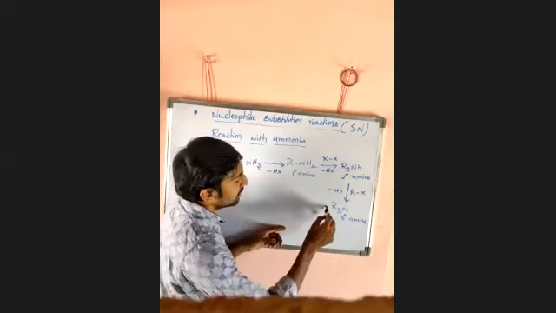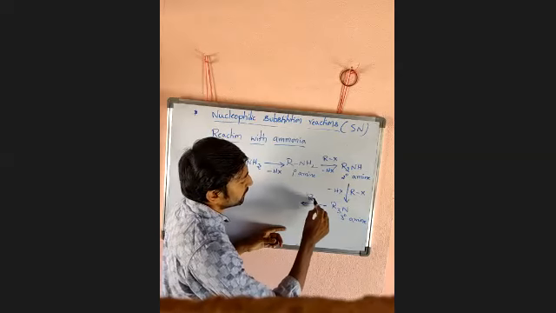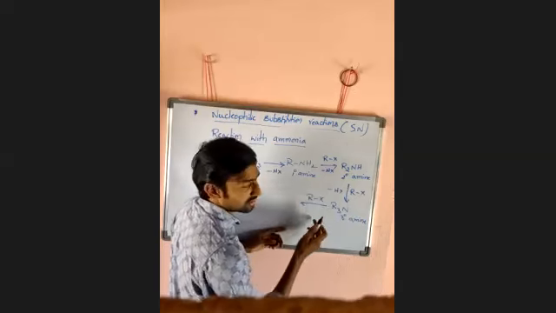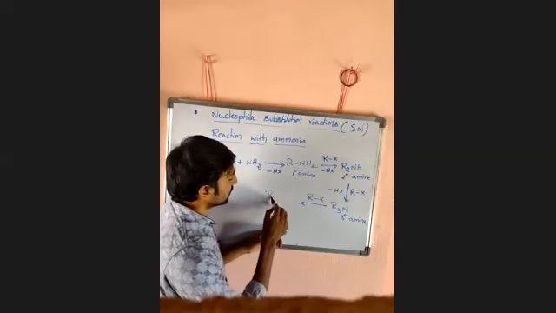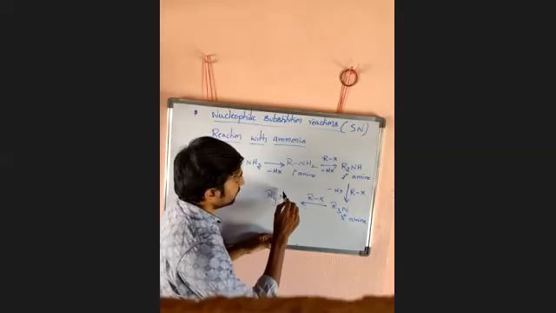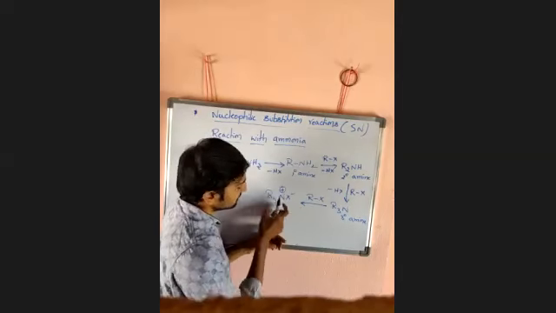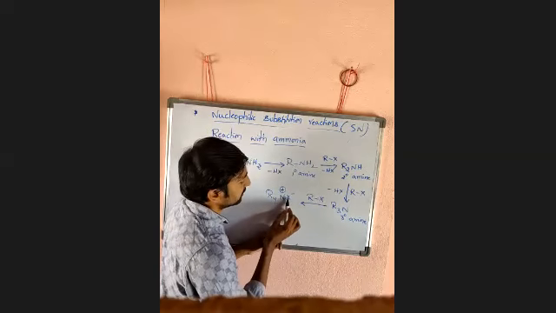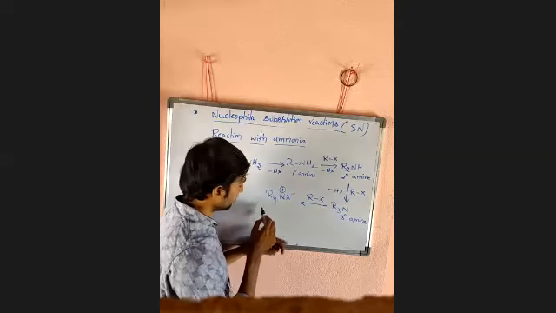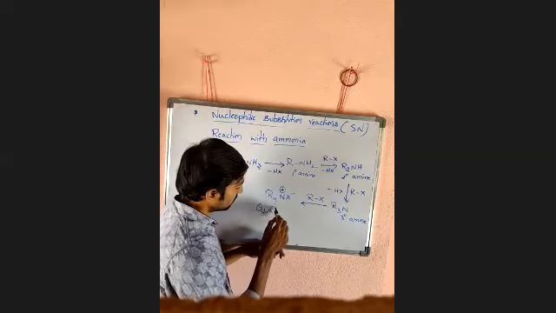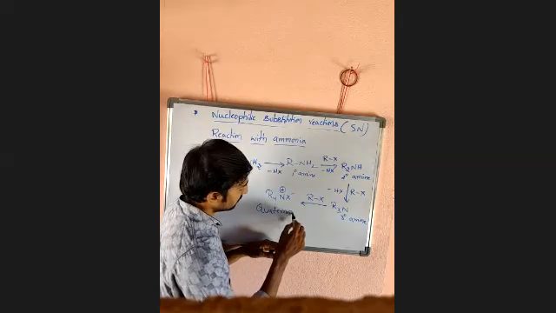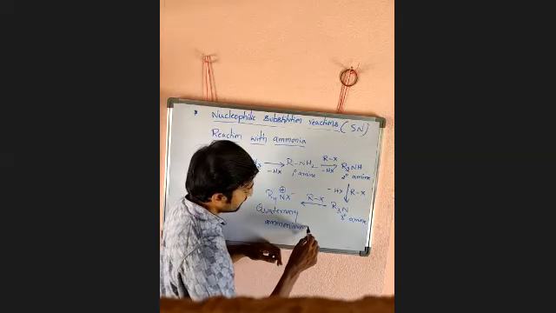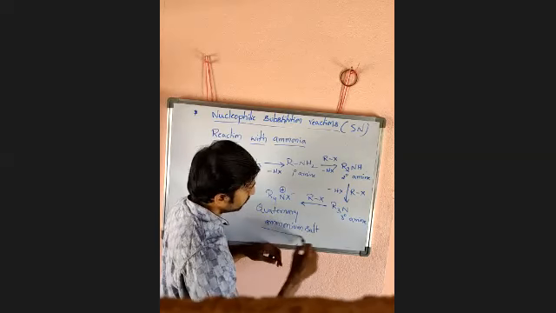Tertiary amine. Now there is no hydrogen, but it again reacts with RX. There is no elimination of HX here, so it is just added. What you will get? R4N+ X-. Just added that one RX. R4N+ has 4 bonds, and it has X- as counter ion. It is called quaternary ammonium salt.